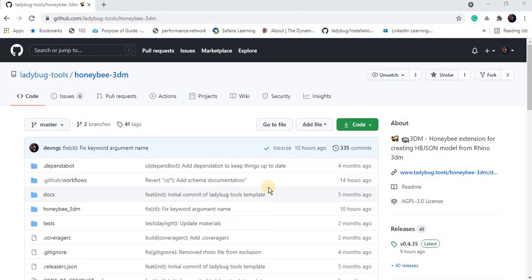Hi everyone, I'm recording this short tutorial to show a relatively new library that has been added to the Ladybug Tools suite. We're calling it Honeybee-3dm. This is a library to essentially shoot HBJSON files from Rhino without using Grasshopper or any of the other Honeybee